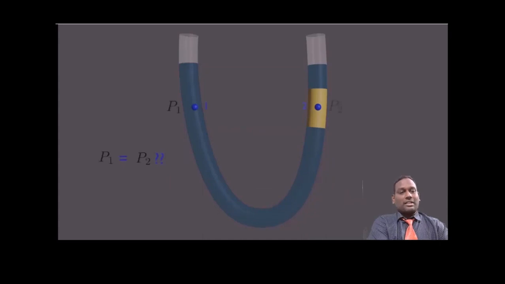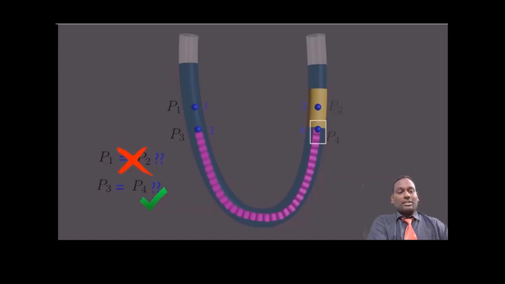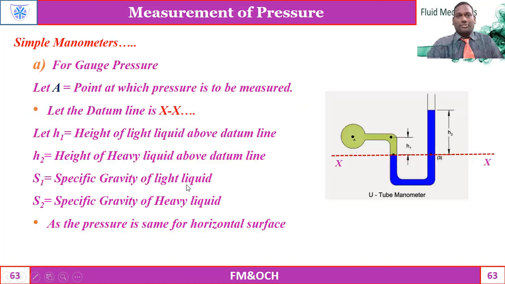Now, what is the pressure in a multi-layer fluid? Is P1 equal to P2? The fluid is not connected from P1 to P2, so the pressures won't be equal. They are equal only when the points lie on the same horizontal line and are interconnected by the same fluid. Again, P3 equals P4, of course, because they are connected by the same fluid. With this knowledge, we can establish a jump from one liquid to another, to the liquid which we are interested in measuring.